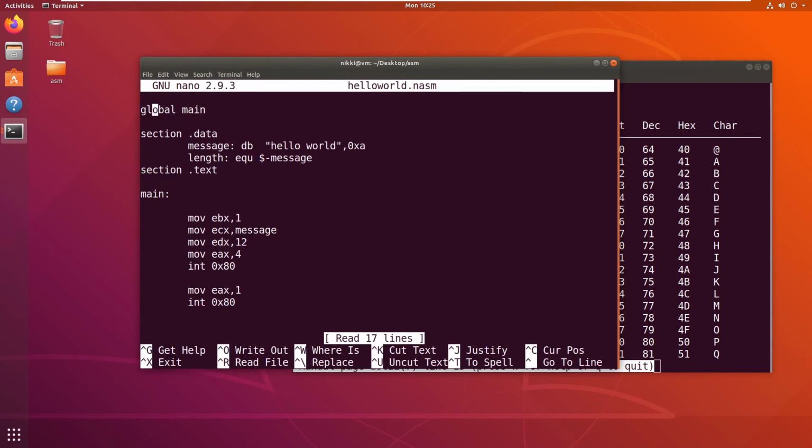Now all we have to do is change this main into underscore start because this LD linker will identify the start as a main. So if we put our own custom name, then it will by default apply some address to the start of the text section. So just to avoid that error, we can say just underscore start instead of main.